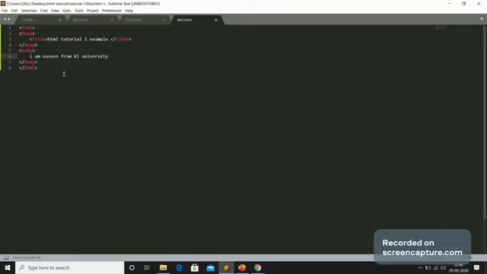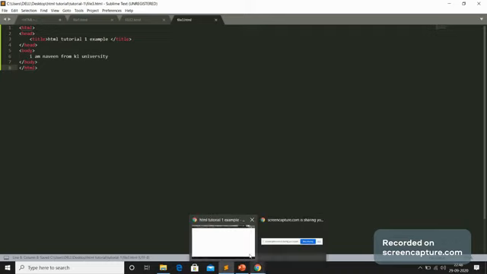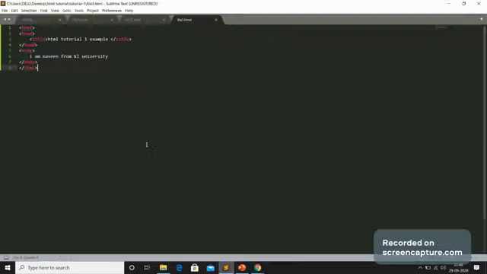Like that, I have written it. I have saved it. I am going there now and refreshing it. See here, I am Naveen from KL University. So this is the basic structure of HTML.